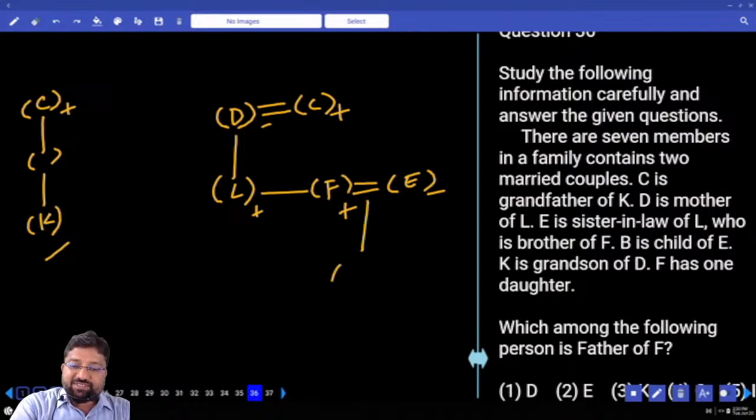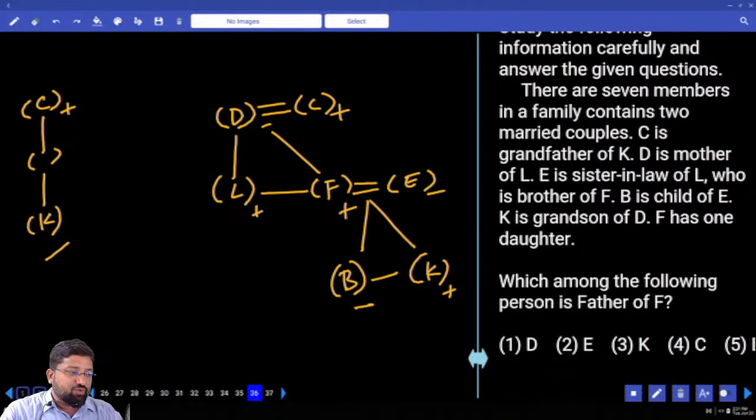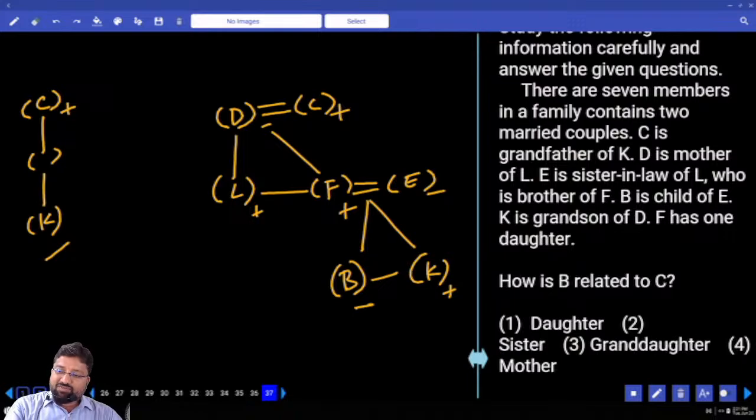Next, B is the child of E. K is the grandson of D. F has only one daughter. Done? Because the number is very less, only 7 people, and out of that there need to be 2 married couples. Who among the following persons is the father of F? C. How is B related to C? B is the granddaughter of